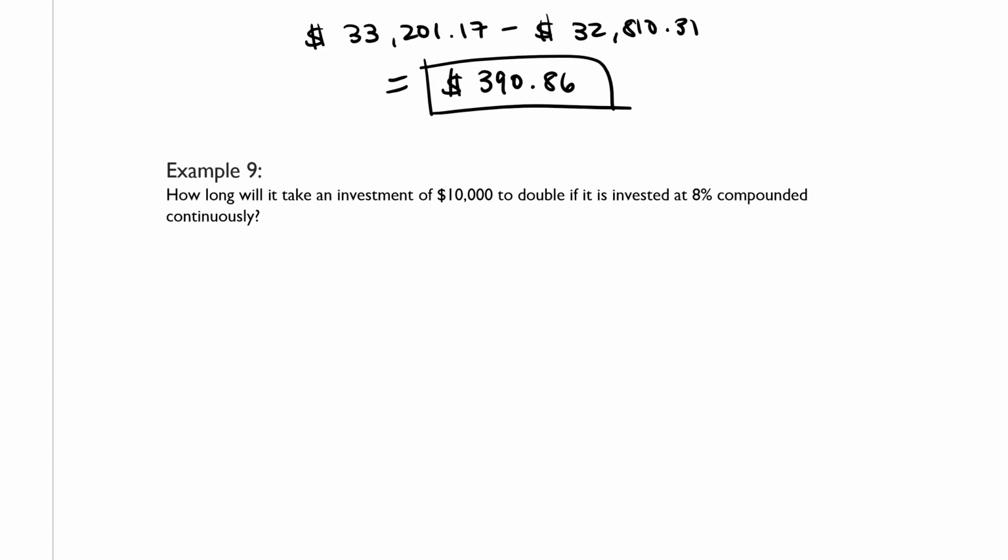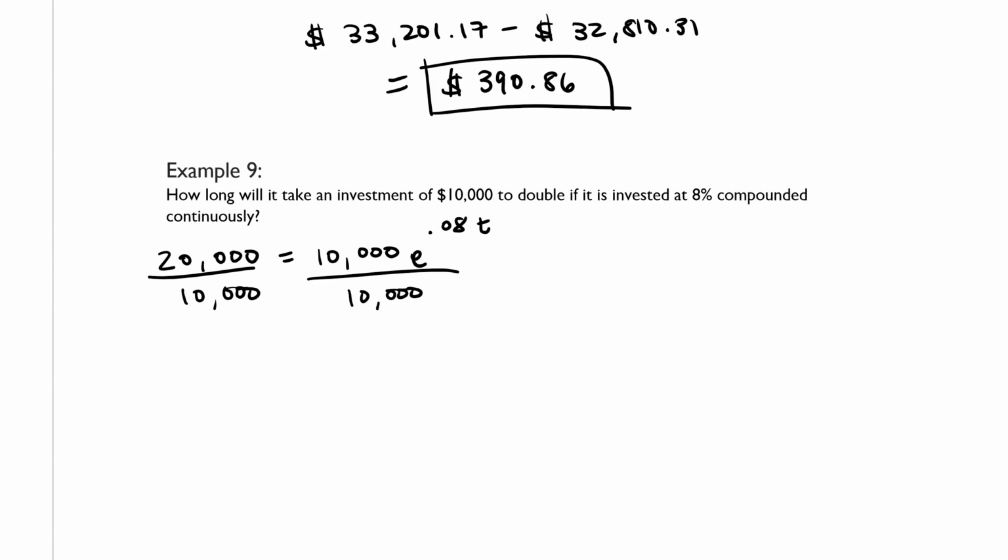It says, how long will it take an investment of $10,000 to double if it is invested at 8% compounded continuously? So we know that we want our investment to double, so we want the future value to be 20,000. Our starting value is 10,000. We have e to the power of 0.08, and the number of years is the thing that we're solving for. So I'm going to divide both sides by 10,000 to start off with, and the left-hand side will simplify to 2, and then I'll have e to the power of